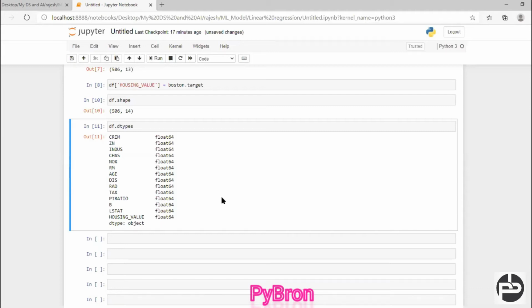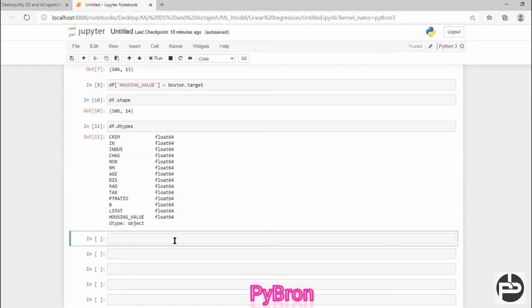That part will come under EDA, which is known as exploratory data analysis. Don't worry, it's a very basic, very first machine learning algorithm, linear regression, that we are going to apply. So I took a very simple data set. In a future class we will incorporate EDA techniques also. There we will show you how to convert your categorical data into numbers, label encoding, everything. But for your understanding, I took this data set because it's very easy to understand.